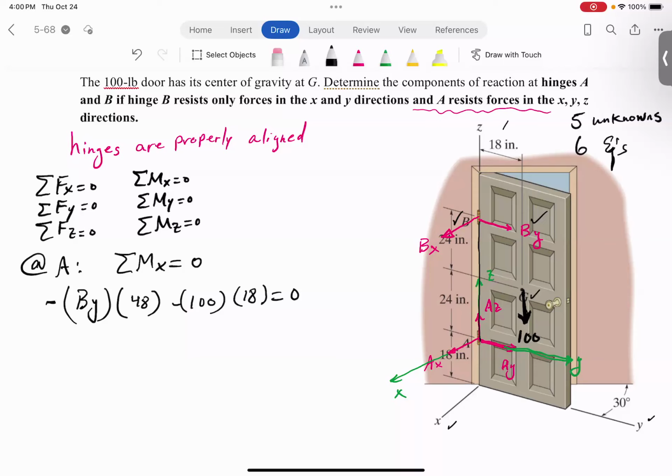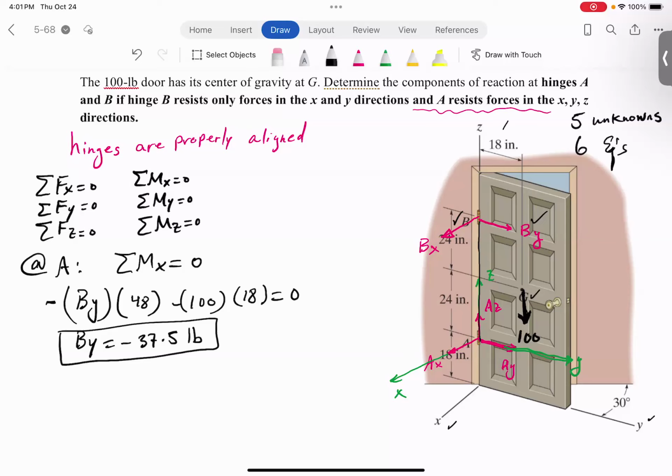Let's see, what do we get? 1800 divided by 48 becomes 37 and a half. So look, By happens to be negative 37 and a half pounds. So that means the direction of By is wrong. So By should actually act